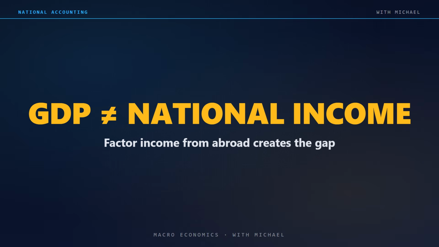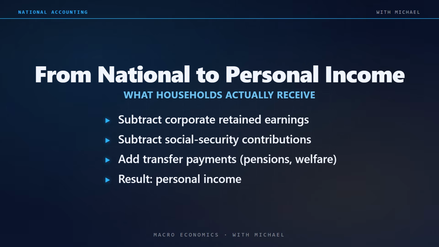Then we move from national income to personal income. Personal income equals national income minus corporate retained earnings, profits firms keep for reinvestment, minus Social Security contributions, plus transfer payments, pensions, unemployment benefits, welfare. The final step. Personal income minus personal taxes equals personal disposable income, the actual money households have to consume or